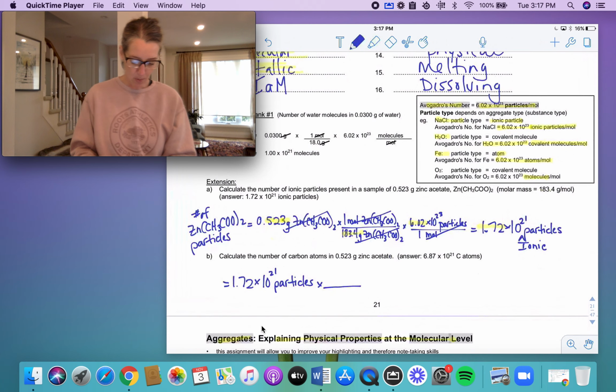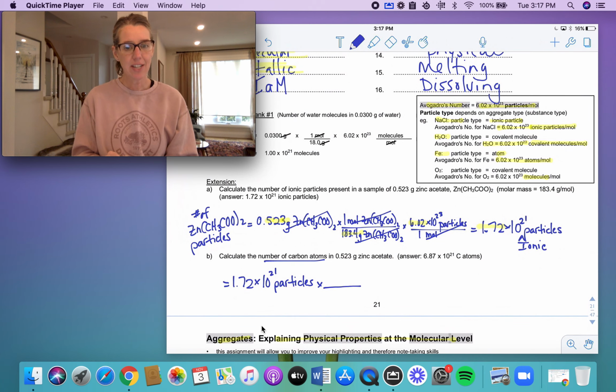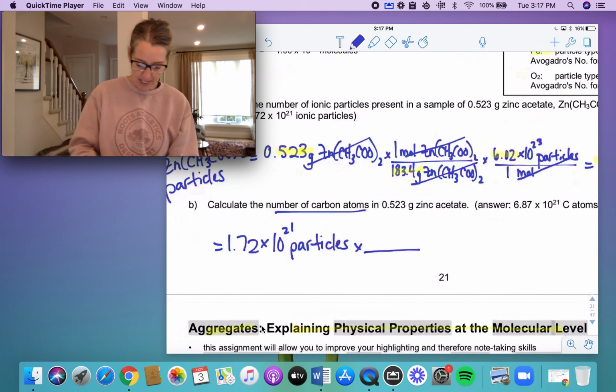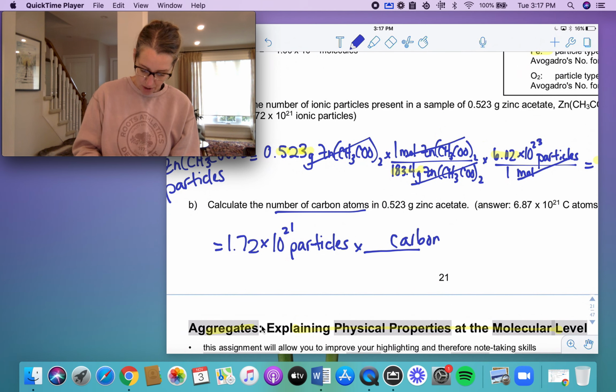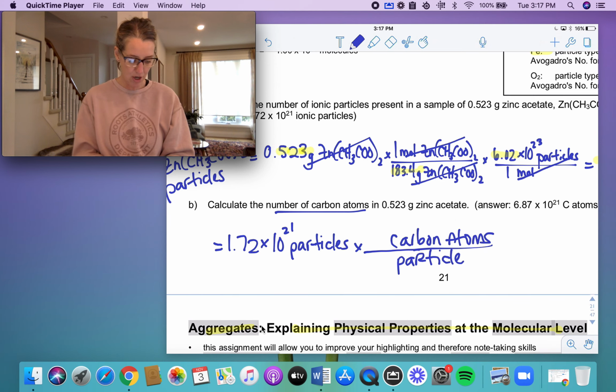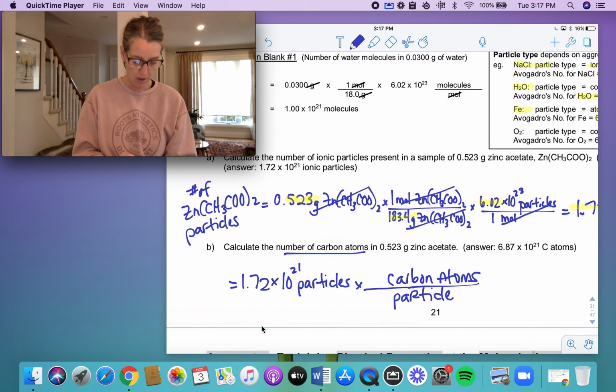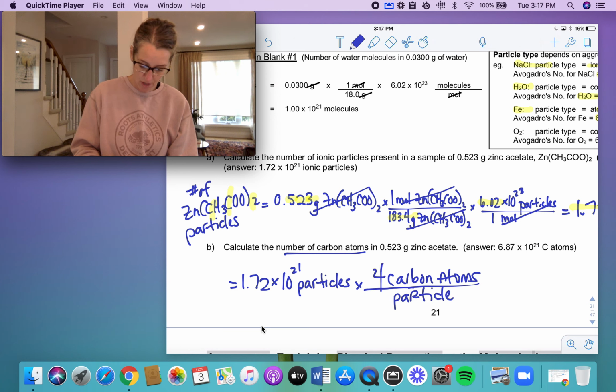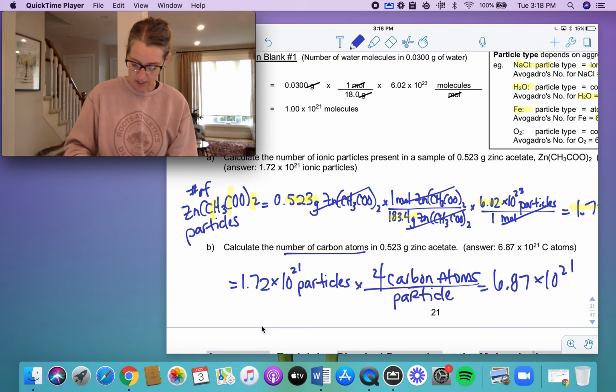Okay, and for the last part there, what if it said, now, can you calculate the number of carbon atoms that are in that amount of zinc acetate? Yeah, you've got 1.72 times 10 to the 21 particles. I need to get it to carbon atoms. How many carbon atoms are there per particle? Can you count that up? How many carbon atoms are there per particle? 1, 2, 3, 4. There are 4 carbon atoms per particle, and my answer is 6.87 times 10 to the 21